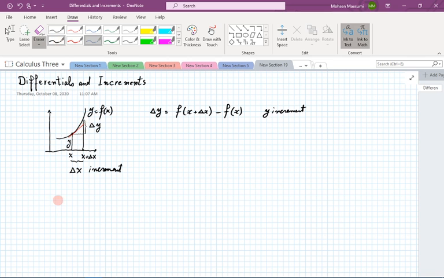Let me redraw this picture so that it does not become crowded. So I have a function, it's the same function more or less here. So I had the x, and then I draw the tangent line. I have moved to this location,